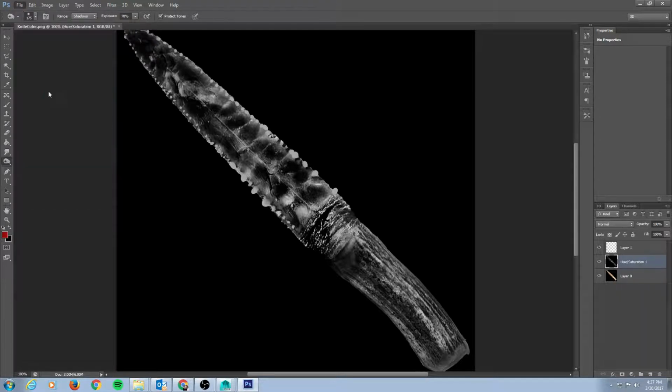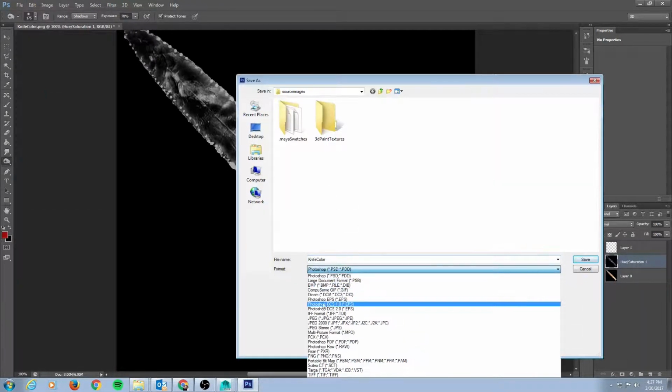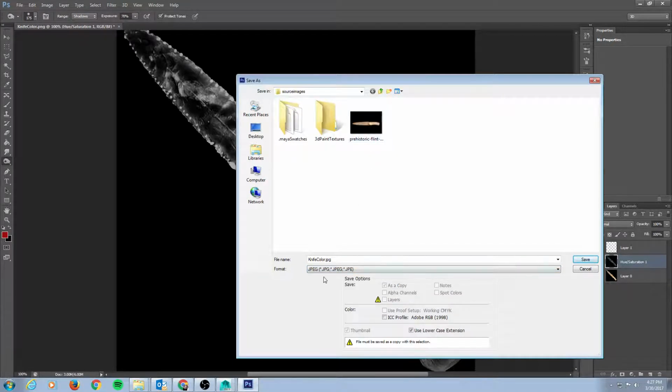So I'm going to go to Save As. And just for speed's sake, I'm going to save it as a JPEG. Normally I would save as a PNG because it'll have higher quality, but I'm going to save as a JPEG just to make this go by super fast. So knife, color, spec